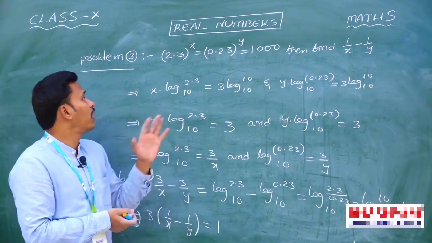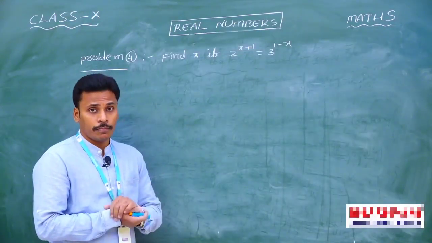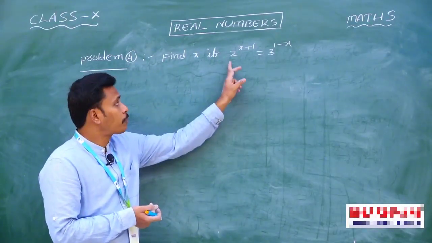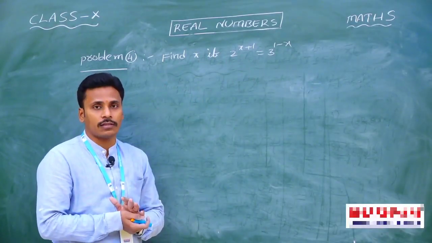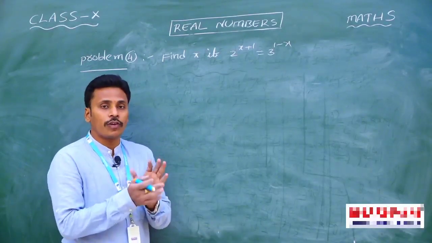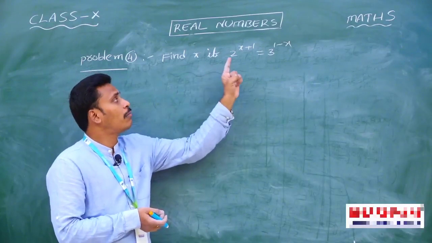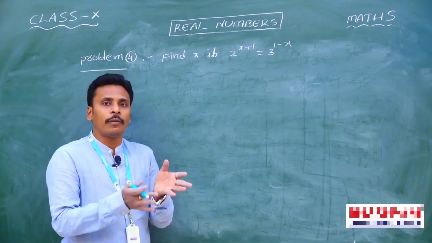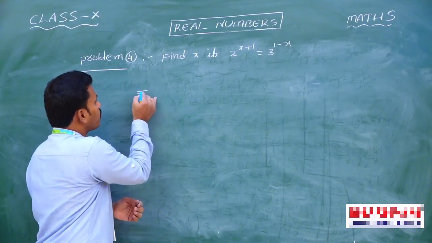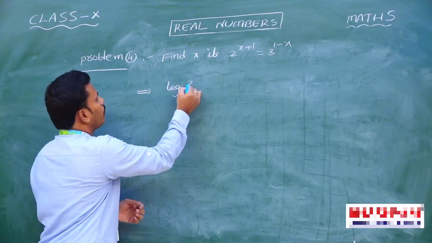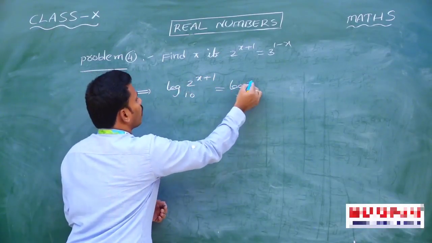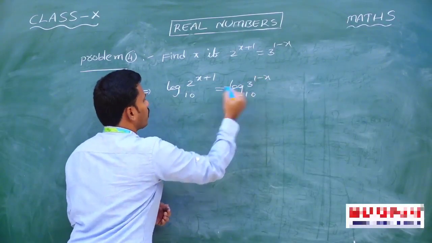Okay? And this is the third problem. And now the fourth problem. We need to find x from this equation. See, 2 power x plus 1 is equal to 3 power 1 minus x. So use the laws of logarithms, the definition of logarithms, to find x. First of all, you just apply logarithm on both sides with any base, and particularly base 10 we are using. So the immediate step is nothing but applying logarithm with base 10: logarithm of 2 power x plus 1 base 10 is equal to the logarithm of 3 power 1 minus x base 10.